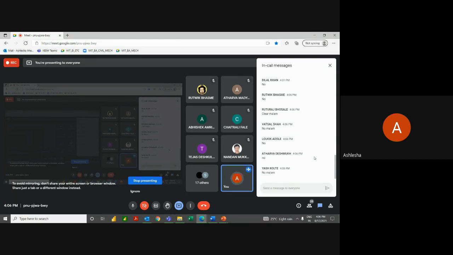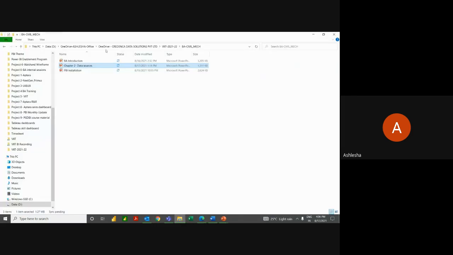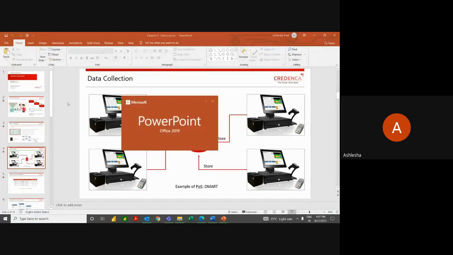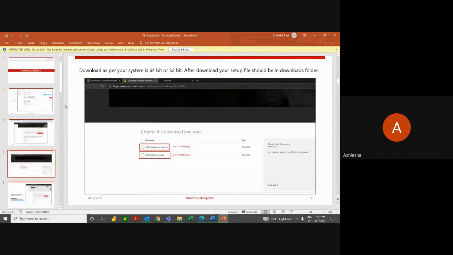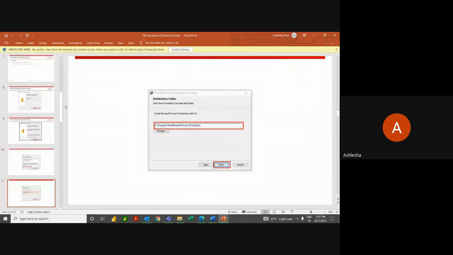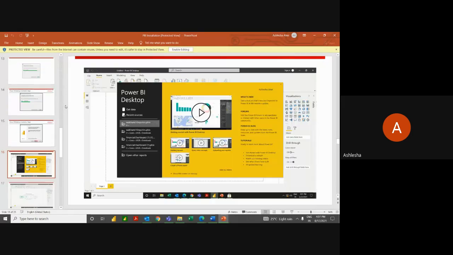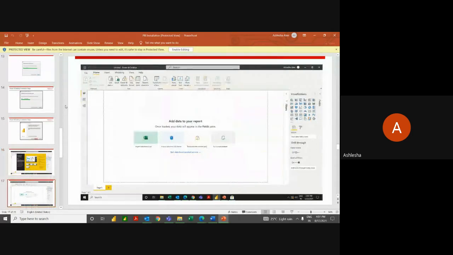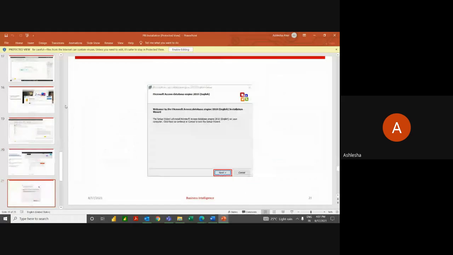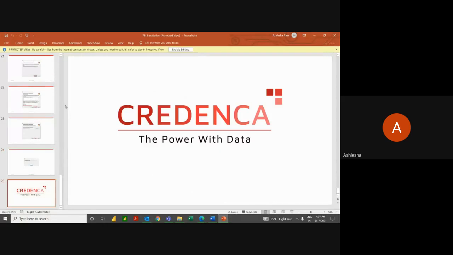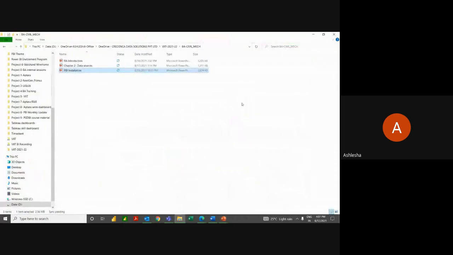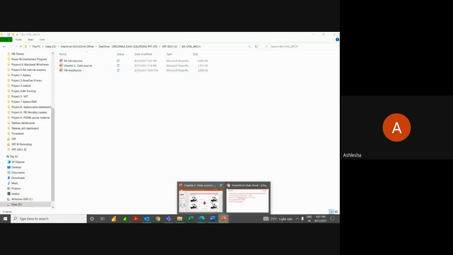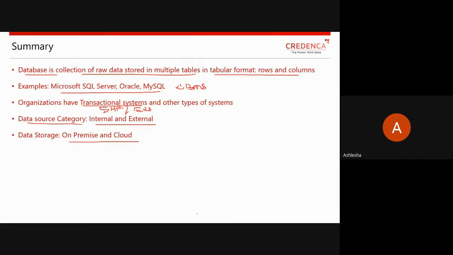Before that, I am going to send you this PBI installation file. This will help you to install Power BI software on your system. All the information and screenshots I have already provided over here, so you just go through this particular PPT in order to do the installation on your system, and be ready with Power BI installed.